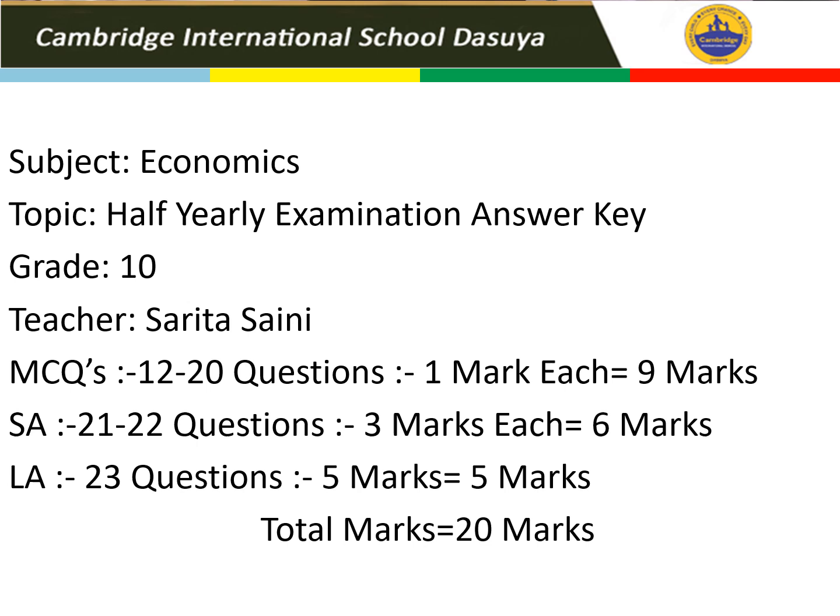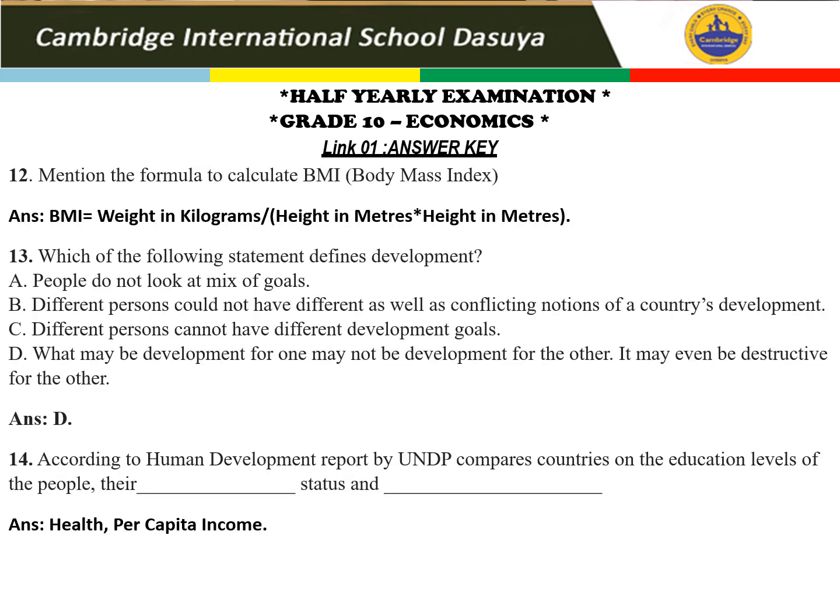Now let's move to the answers of MCQs. Here is the answer of the first one. Your first question is: mention the formula for calculating BMI. So BMI is weight in kilograms over height in meters. I just mentioned it here because I didn't have the option. Meters should be meters squared, so I multiplied twice. So that is again the square. Height in meters, that is a square.